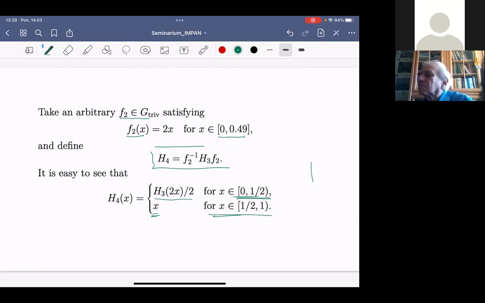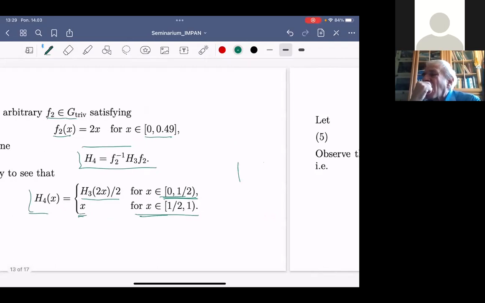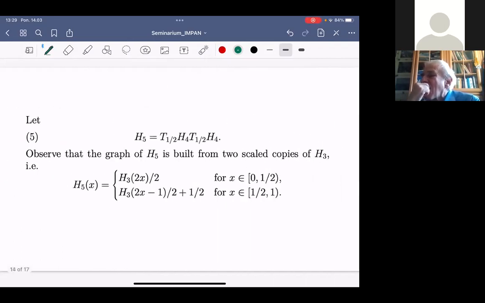Why? Because as I said, close to 1/2, this function H3 is identity. So we'll have 2x over 2x, so will be identity. And here we have x beyond this interval. So we have this function. But if we take the following, and this is the last trick, we take the following composition,